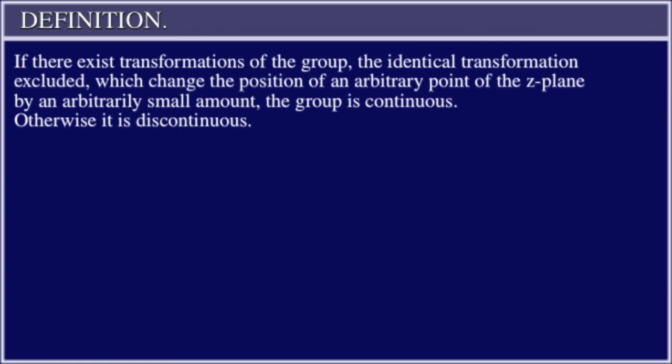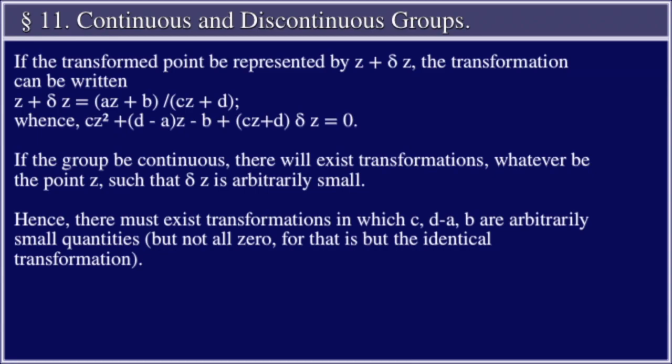Definition. If there exist transformations of the group, the identical transformation excluded, which change the position of an arbitrary point of the z-plane by an arbitrarily small amount, the group is continuous. Otherwise, it is discontinuous. If the transformed point be represented by z plus delta z, the transformation can be written